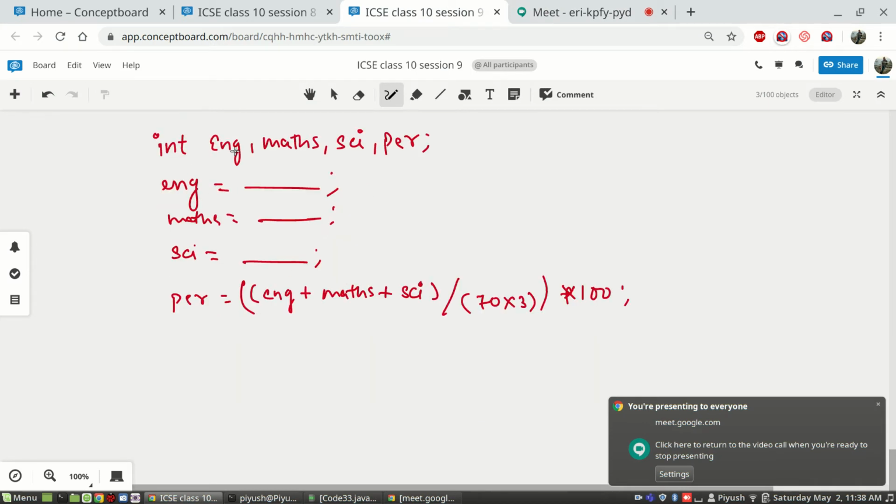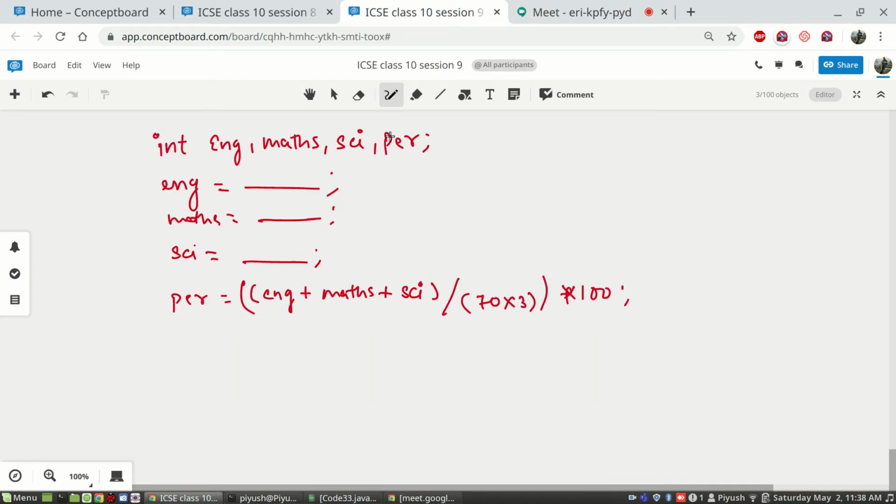We have defined English, maths, science, etc. as integers. Integer by integer. So marks will always be this thing. You should be very careful, for 99% of the times, because hardly anyone will be getting full marks. Above will be a sum of integers, which is an integer, and below is also an integer. So the result of this evaluation will always be an integer.